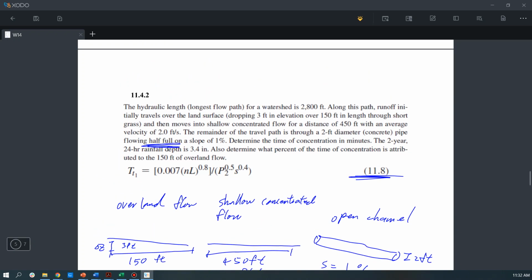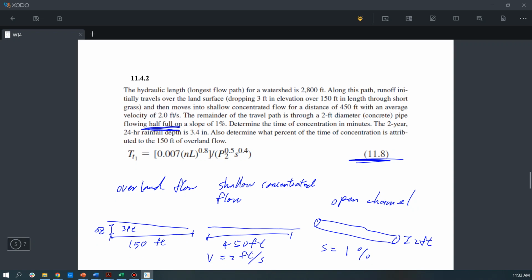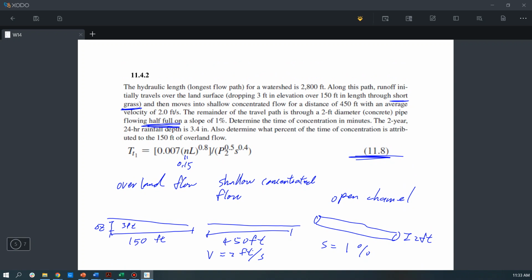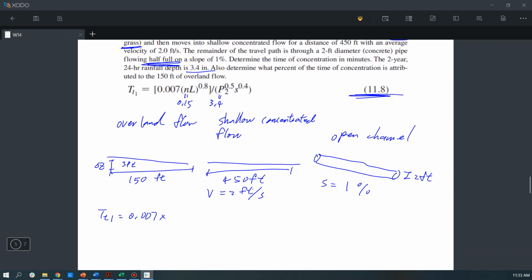This n value is for the short grass, so this n is 0.15. Okay, and the rainfall is 3.4 inch, so this P is 3.4 inch. So we rewrite this equation down here. So this would be times